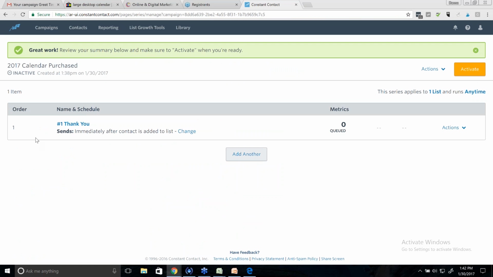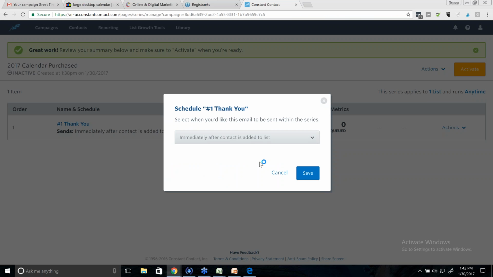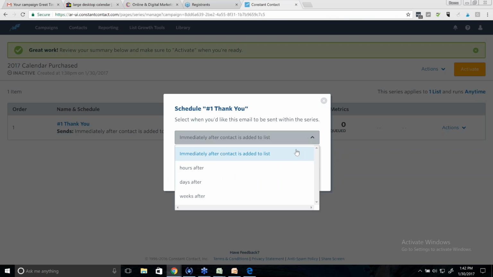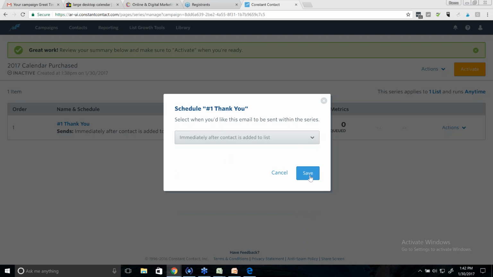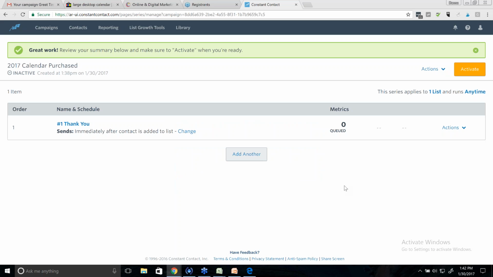And now you'll see this is the first email, and now I can change when it should go out. So I have my choice. Should it go out immediately after they're added? Should it go out an hour, a day, a week? So we're going to say yes, immediately. So save. So as soon as they are added, boom, they're going to get that. So now I'm going to add another,